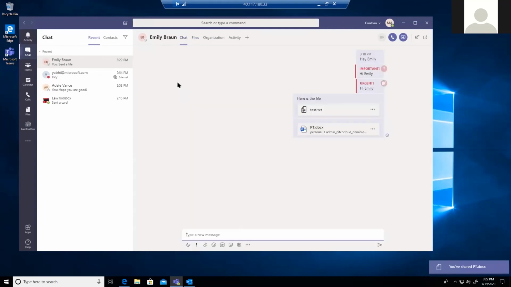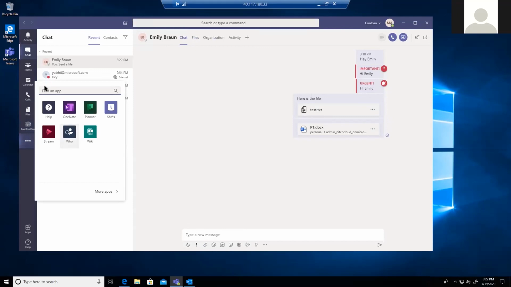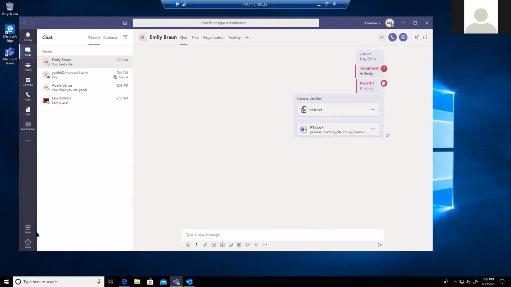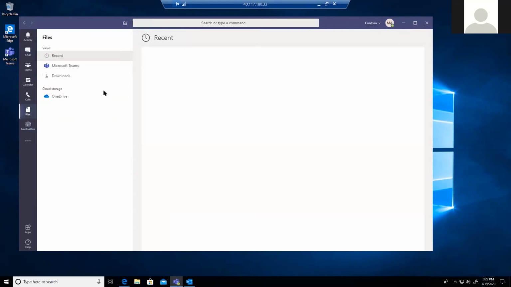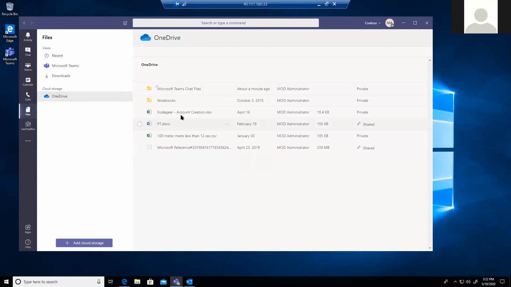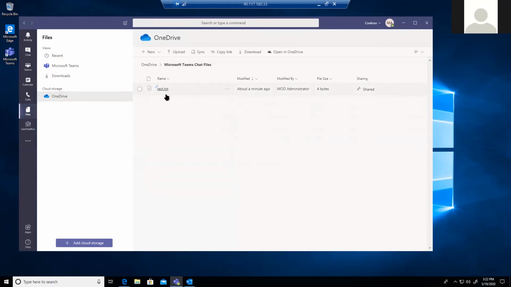And if Emily goes and sees her Outlook, this file will be uploaded over there. So even if I go here as a user, if I go to files, I can see in the OneDrive, I have all these files, right? These are Teams chat files, and this is the file I just uploaded, and it's being saved in my chat.